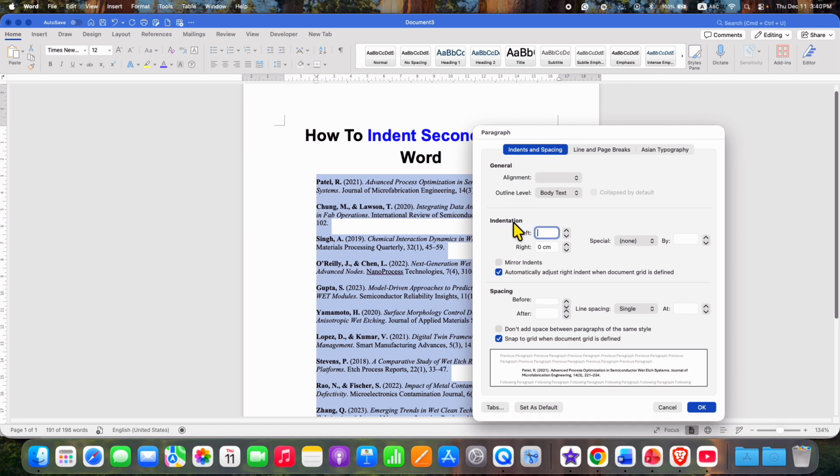Under the indentation, here you will see the option of special, and here you can see the preview. So next to the special, you need to select the option hanging indent. So hanging indent is a second line indent. As you can see here in the preview, the second line indent has been applied and the indent is 1.27